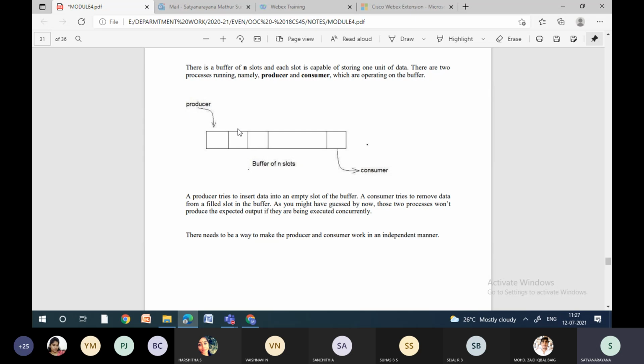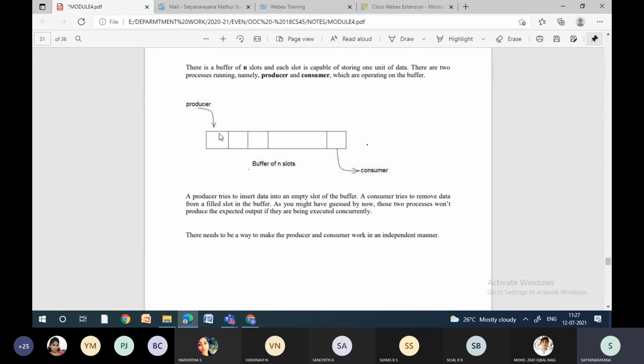Now let us assume producer and consumer are both working concurrently. See, in the previous example, what is happening? Until the producer produces, the consumer is not consuming. Once the producer produces and the buffer is full, only then the consumer consumes. Sequentially they are working, but here they are working concurrently.